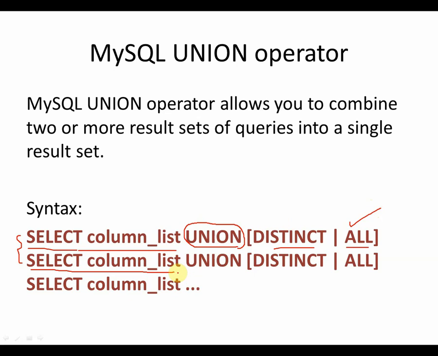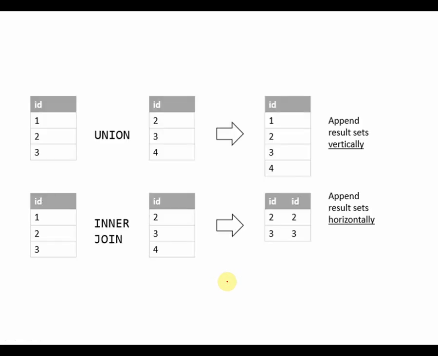You can actually perform union of various select queries. Okay, need not be only two, it can be more than that. So you can go on putting union keyword and combining various queries, and finally in the end you will get one single result set which will have rows in it. So this is how union would work.